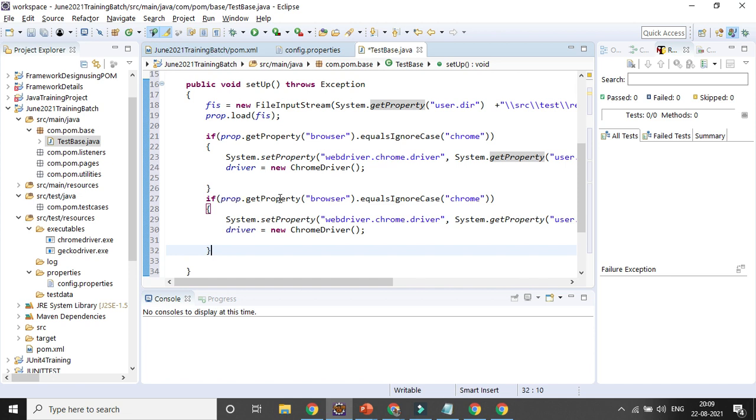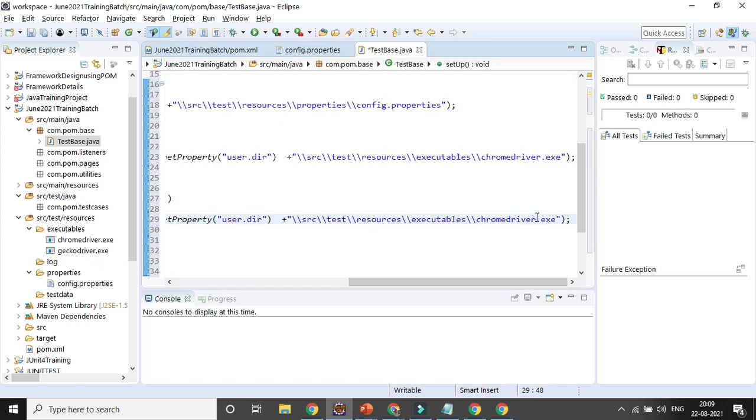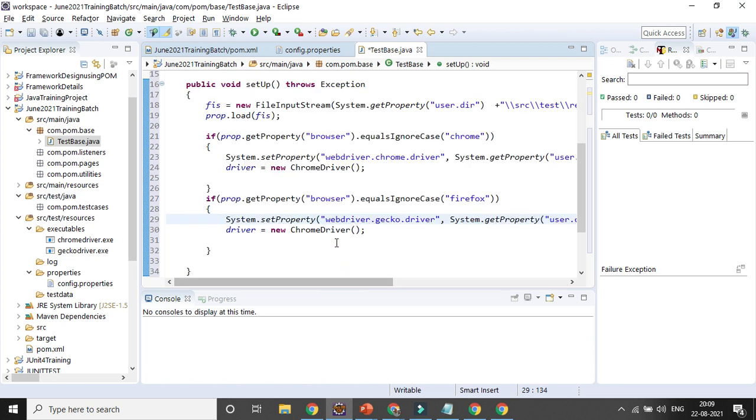If the browser equals, say, Firefox, right? So here it will be gecko: webdriver.gecko.driver, and here the driver name will be GeckoDriver instead of ChromeDriver, and here instead of ChromeDriver it will be FirefoxDriver.